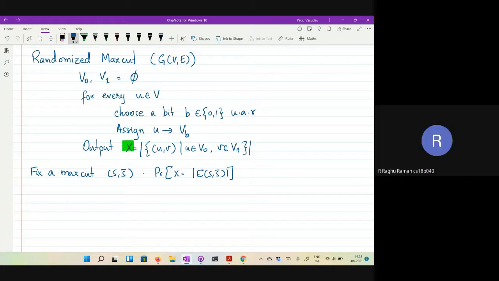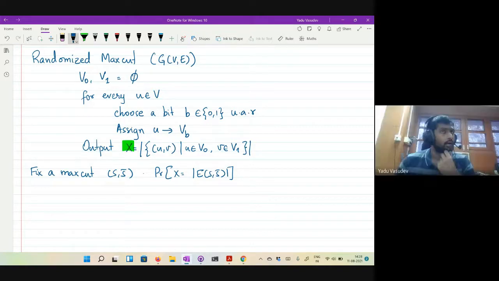It must be at least the probability that the cut output is the corresponding max cut we are considering. So I fixed a cut, and I want to know, for this fixed cut, the probability of this value.